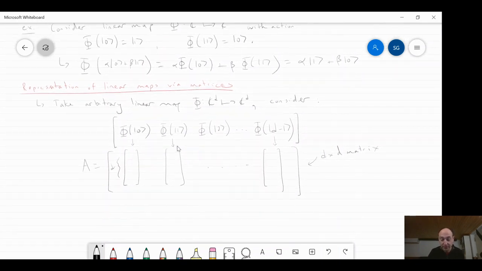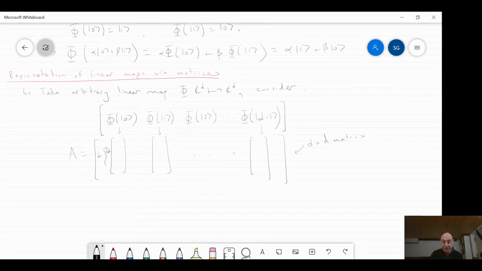And remember, it's because the map is linear that, to specify its action on anything in the entire space, it suffices to just tell me its action on a fixed basis of your choice. So in this representation of the map, this matrix A specifies the action of the map phi. This is written relative to the standard basis. But of course, I could have plugged in another choice of basis, and then A would be the representation of the map relative to that other basis, not relative to the standard basis. So you could always write the same linear map relative to any different basis. Of the infinitely many bases there are, each of them will give you a different representation of the exact same map.